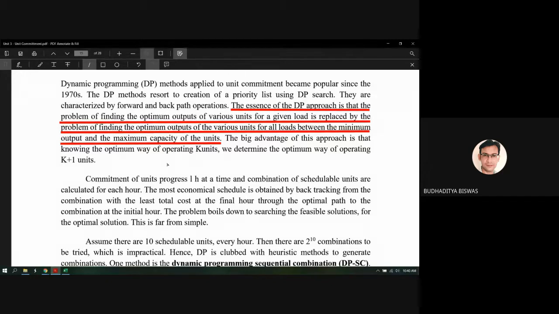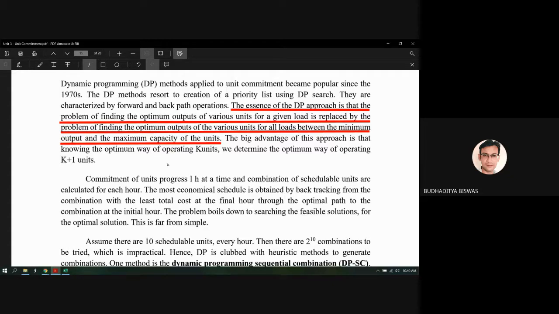In the dynamic programming method, we are not limited to the load demand as 70 megawatt. We need to find out the range of the load demand. Say it is 10 to 100 megawatt. In the base load time, the load demand is 10 megawatt. In the peak load time, the load demand is 100 megawatt. So we do all the conditions. We will find out all the conditions for generating that load demand starting from 10 megawatt to 100 megawatt.